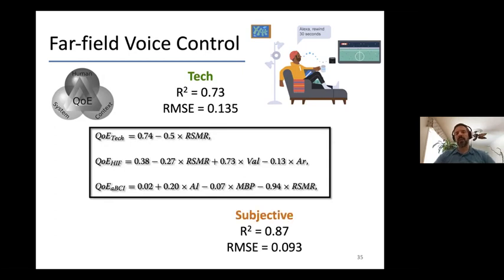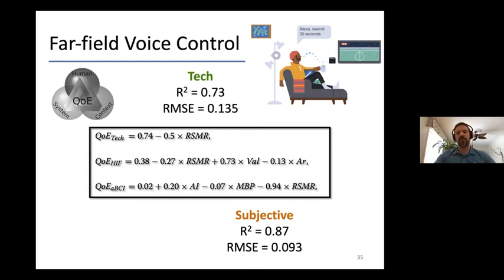Now, if we took into account the ratings that the users reported for their arousal and valence states, so once they became very angry, very upset, or they were pleased with the outcomes that the device was picking up, then they reported their arousal and valence states. And if we incorporated those as true subjective factors of the human, you can see that we're able to get models that were able to predict quality of experience much better than just using the system alone. Again, this is relying on the user providing this information.